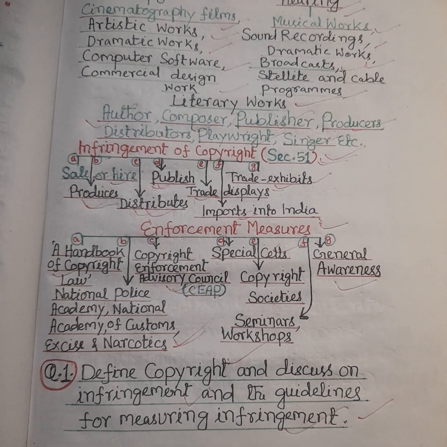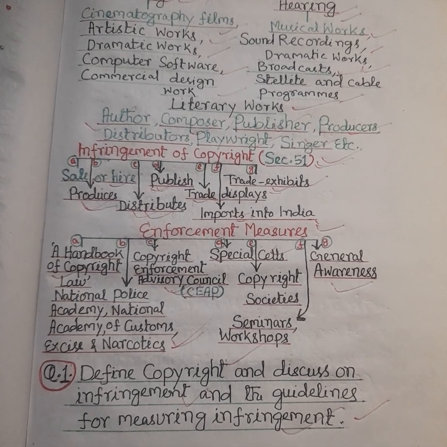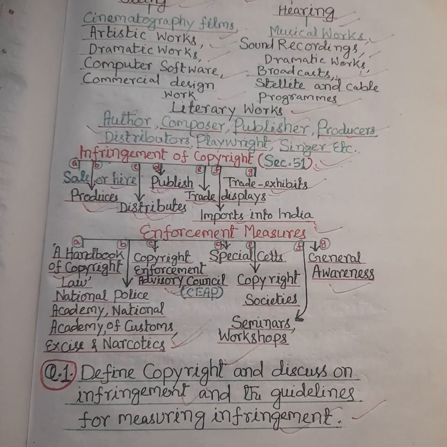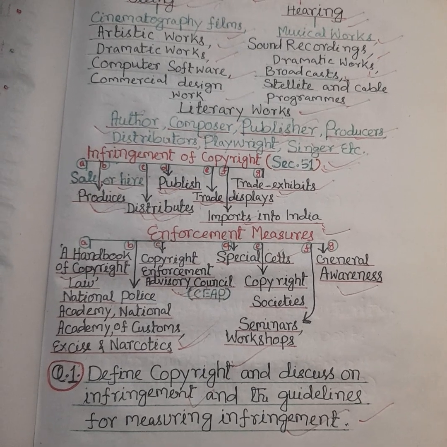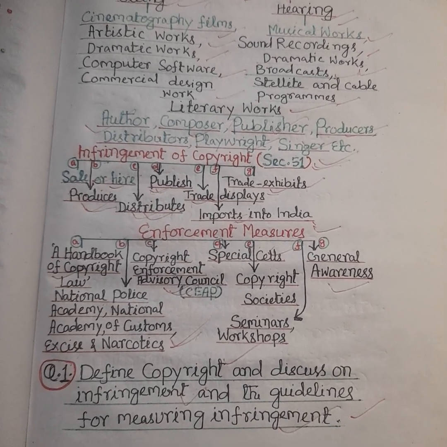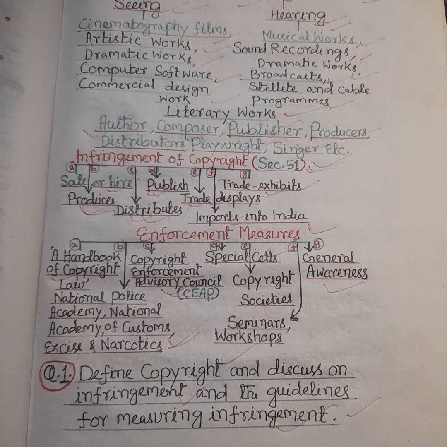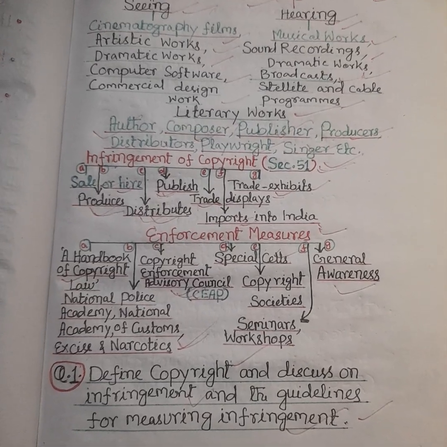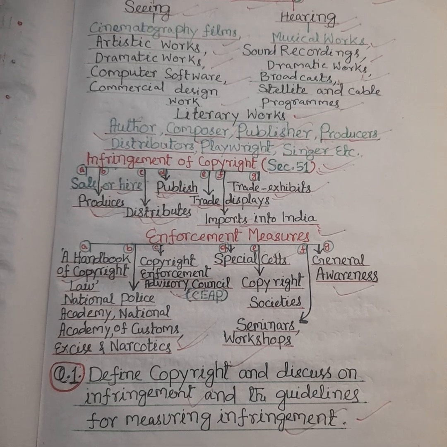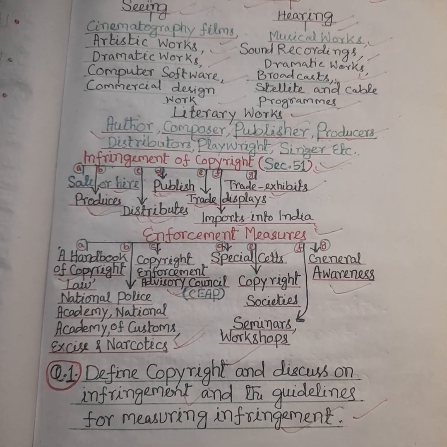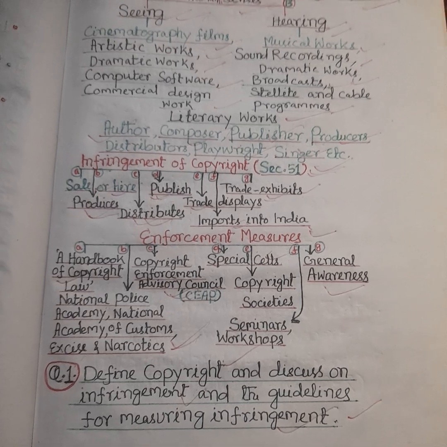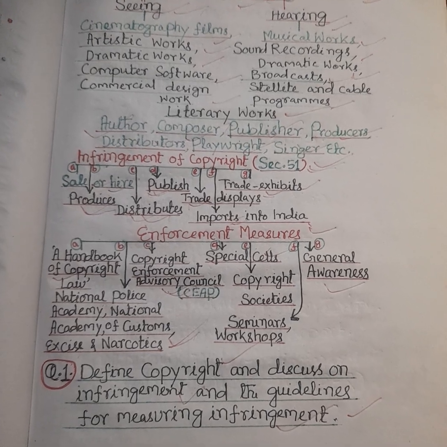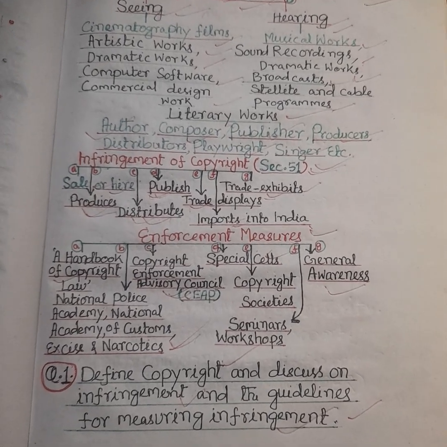And another important enforcement measure is collective administration of copyright. Societies have been set up for different classes of works. At present, there are 3 registered copyright societies in India. One is the Society for Copyright Regulation of Indian Producers of Films and Television, for cinema, photography, and films, and the second